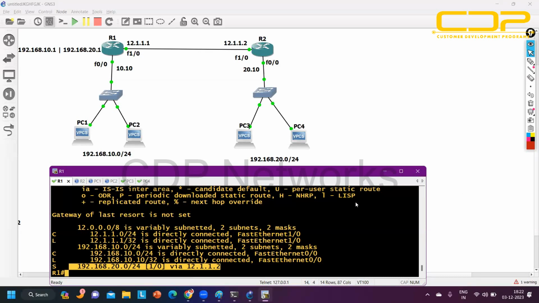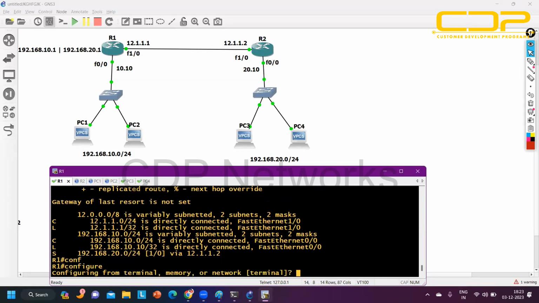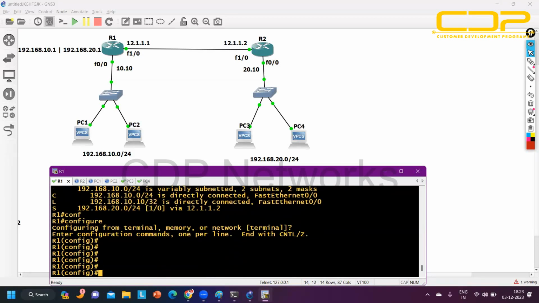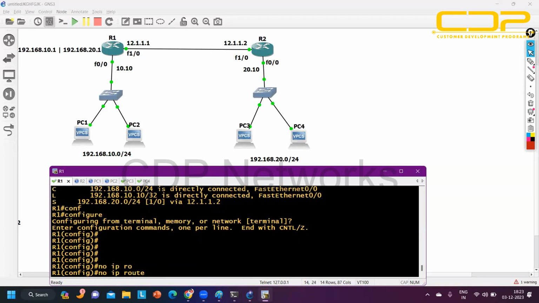The exit interface is the same interface of R1, and the next hop is the exit interface of R2, right? Yes. Okay. So here the issue we have is recursive lookup. So the best way to configure static routing is to configure it using both next hop and exit interface. First of all, I am going to remove this entry, no IP route